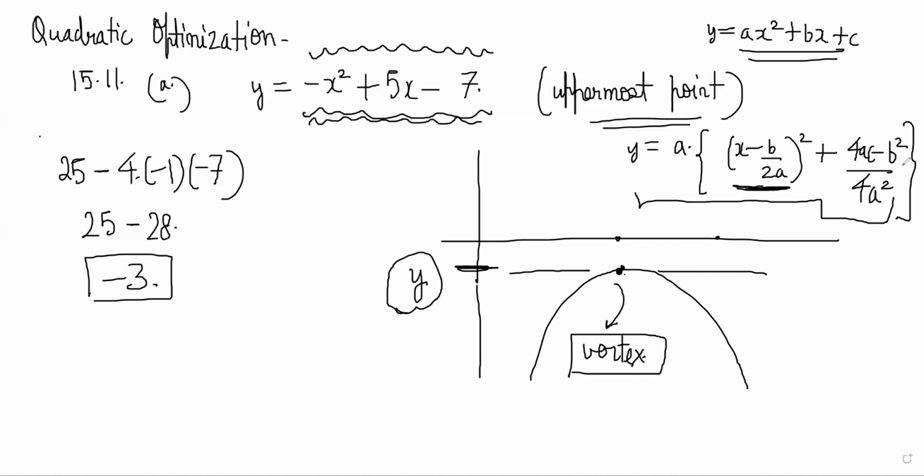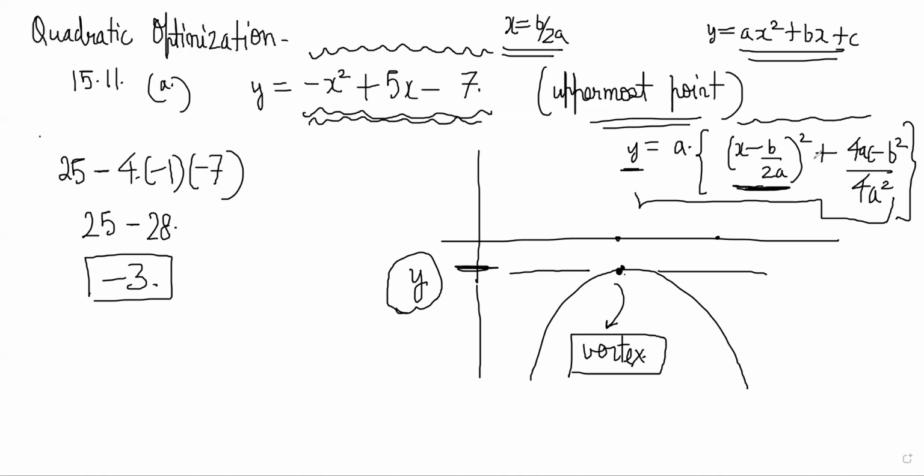Now, from this version of the equation, you can easily say that when x is equal to b by 2a,